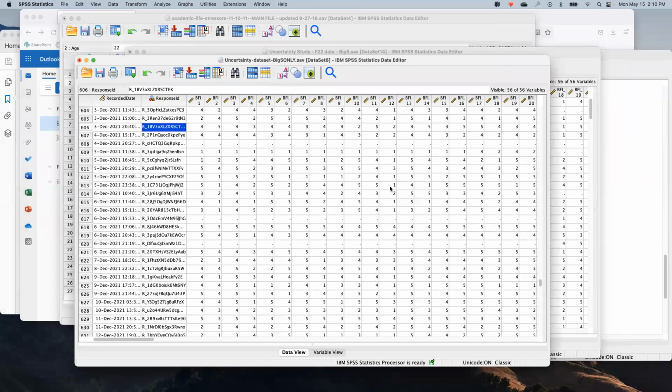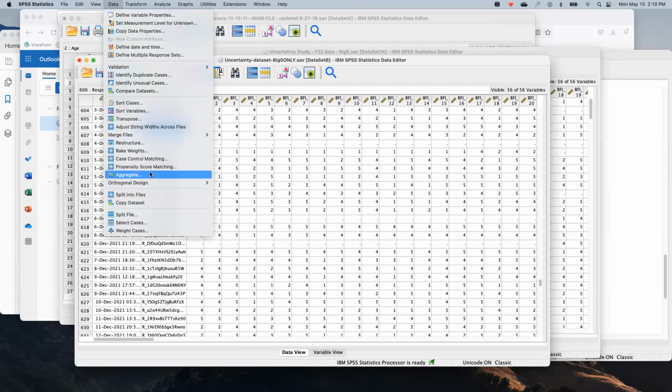I've already cleaned them up so that I've taken out all the other variables that I'm not interested in, and I'm going to merge them together. So the way you do that is you go to Data. Oops. You want to merge files. As I said, there are two basic ways. One is to add cases, and one is to add variables. The one I'm doing today is add cases. So I want to add more people. So I'm going to add cases,